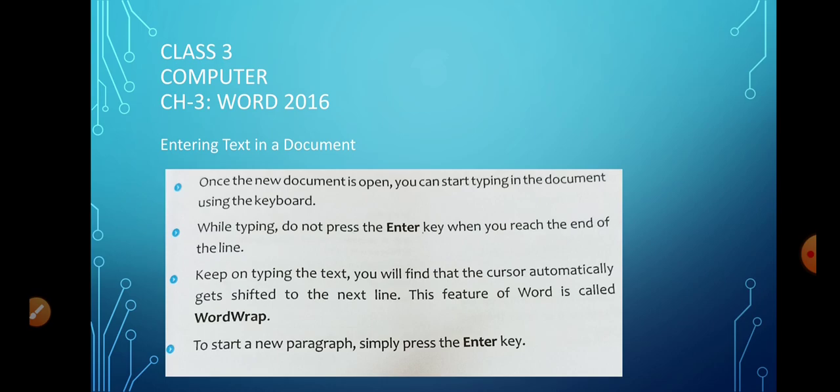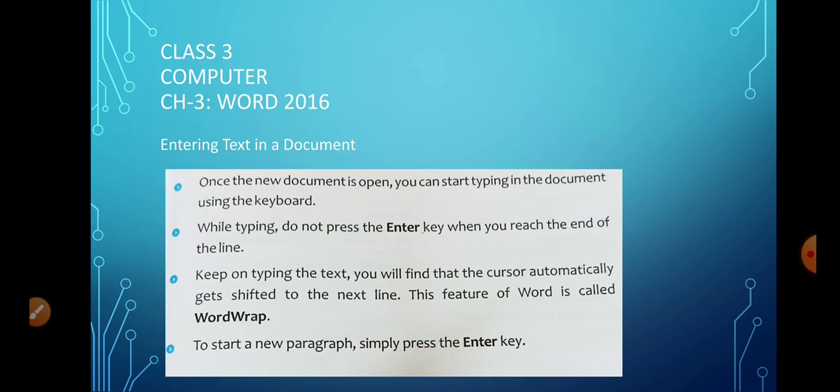In this class we are going to learn about entering, meaning typing, text in a document: how to add or type your text like letters, words, sentences in your document using the keyboard. So what are the steps that we have to follow?